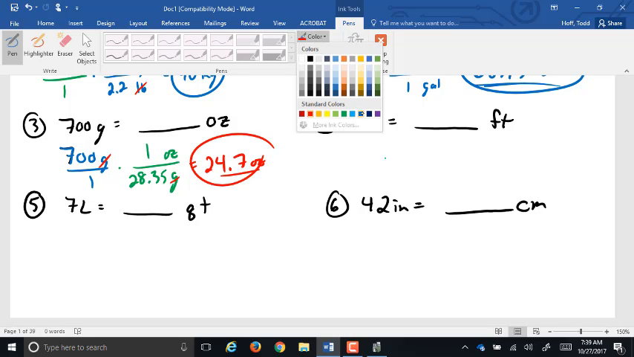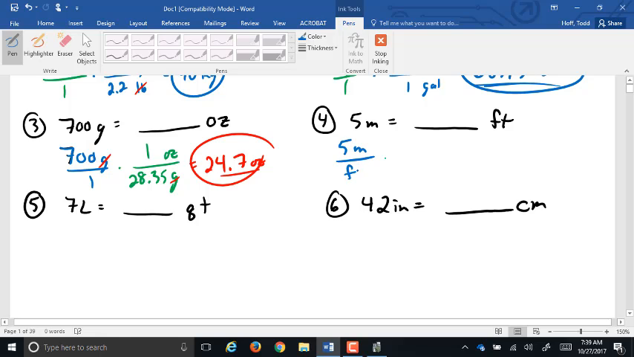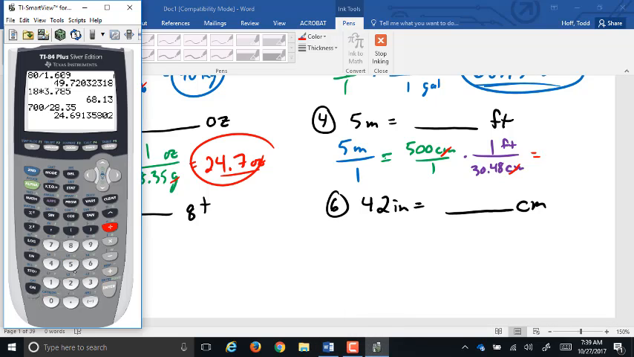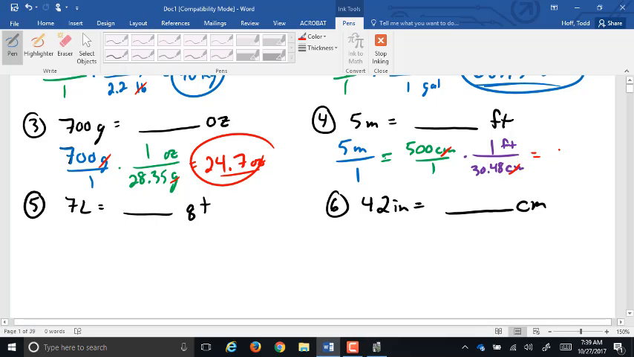ounces. 5 meters into feet. Oops, I don't know why I put feet on the bottom there. We don't have a direct relationship from meters to feet. It says centimeters to feet, or feet to centimeters. So what I'm going to do is change that 5 meters to 500 centimeters. Now we can convert. There's 30.48 centimeters in 1 foot, correct? So it'll be 500 divided by the 30.48. 16.4